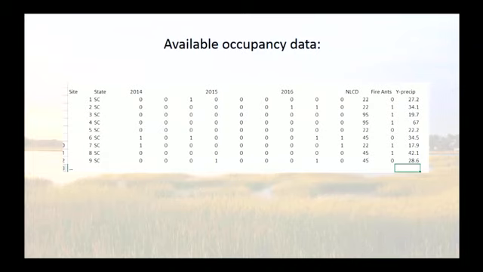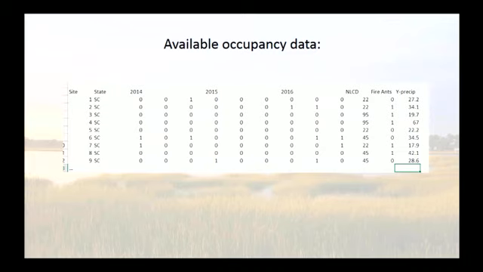But we were also really fortunate that some of the states, some of the years, did multiple visits to single sites, and they went back to the same sites for 3 or 4 years in a row. So we could actually work towards a dynamic occupancy analysis, which was really quite useful because not only can you try to get an estimate of how many sites out there are occupied, you can also estimate if it's not occupied now, what's the probability of colonization in a year from now? Or if it is occupied now, what's the probability of it going extinct a year from now? That's the real benefit of these dynamic occupancy models.